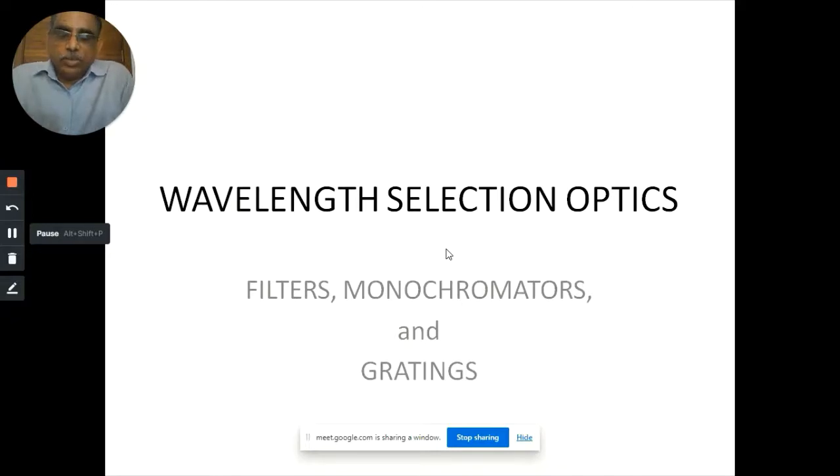This will be a very good learning exercise because a lot of technical details are there. Those who want to start research or learn further into the basics of wavelength selection, it will be a nice exercise. Now, we already mentioned filters when we discussed the instrumentation components, and we also mentioned monochromators. We'll go into the details of the filters, more filters, as well as the